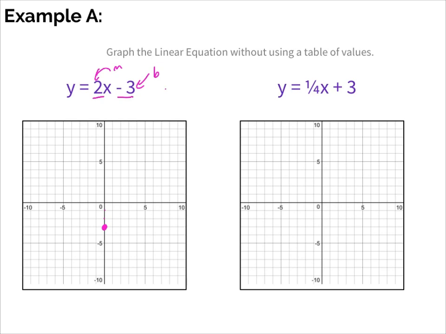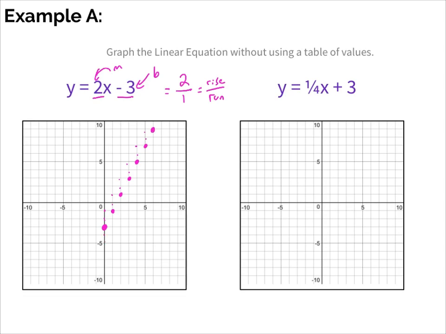So we know that our slope is going to be 2 over 1. So that means we're going to be rising 2 and running 1. So if I go up 1, 2 over 1, up 1, 2 over 1, and it works the same going